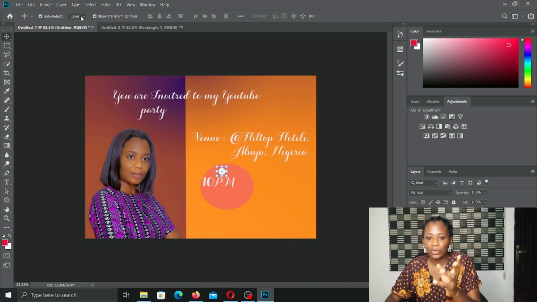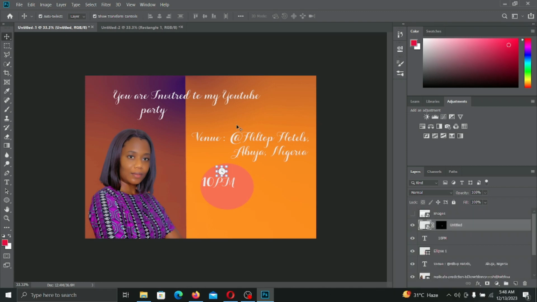How did I do that? You click on your move tool, select subject, you hold on while it's booting, and then you click on add layer mask, and you will see that the white background around the clock sign will move. All right,